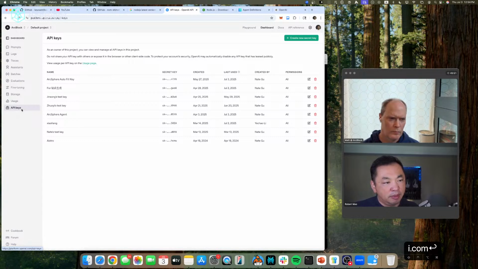Even with your paid ChatGPT, if you need the API key, you probably need to sign up with the OpenAI platform again to be able to get it. That's why I'm thinking we need to use ArcBlock's AI Kit to make this more simplified, right? ArcBlock's AI Kit is actually like a large language model router, so it's going to automatically direct your large language model call to OpenAI, to Anthropic, to many other model providers, and you don't need to get the API key for each of them.